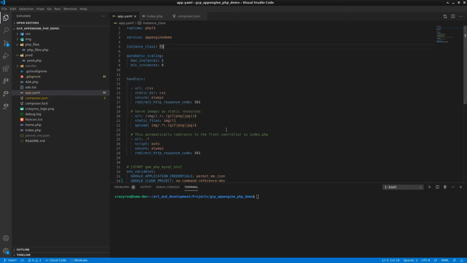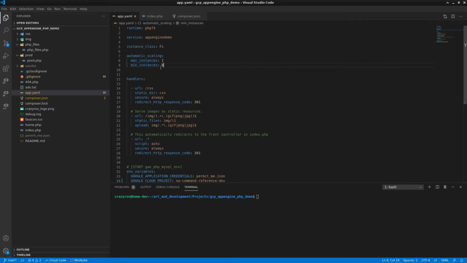The next is the automatic scaling. There are three types of scaling, and this is the other category of elements that we're talking about, wherein we have automatic scaling, manual scaling, and basic scaling. Automatic scaling is wherein you just allow App Engine to decide when it has to increase the instances or decrease the instances depending on the load. You can, however, provide how many instances should be minimum available and how many should be maximum. This is again to control the cost on your App Engine.